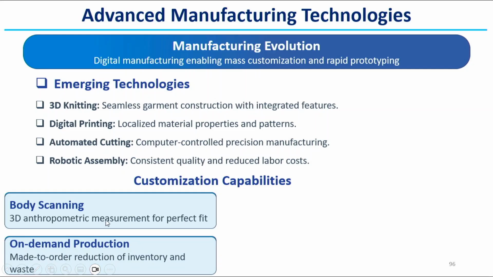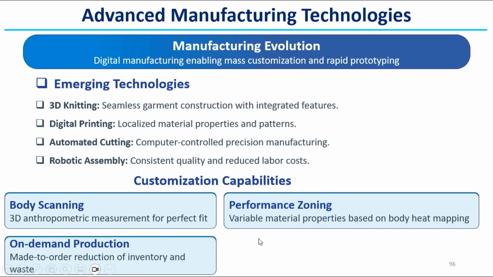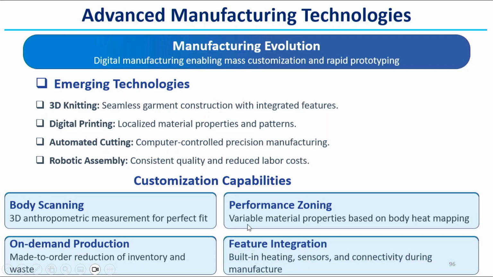and their body shape. On demand production, made to order, that type of production for a particular person is there, and performance zoning is variable material properties based on body heat mapping. So, before we go for the designing, body heat mapping is done, and accordingly, based on the particular person, customized material protective garment can be produced,